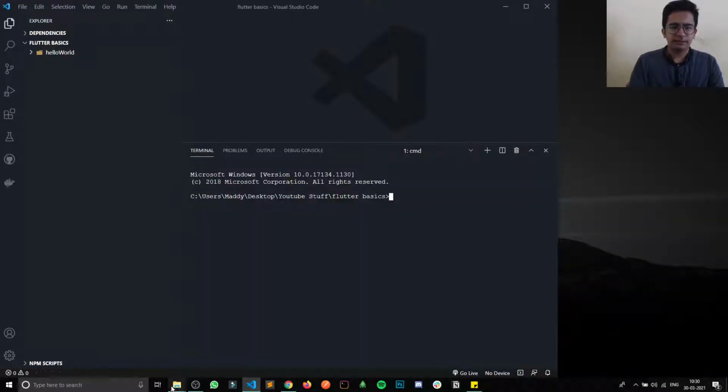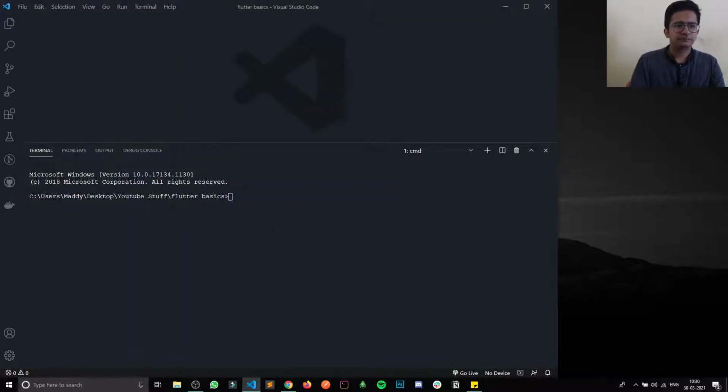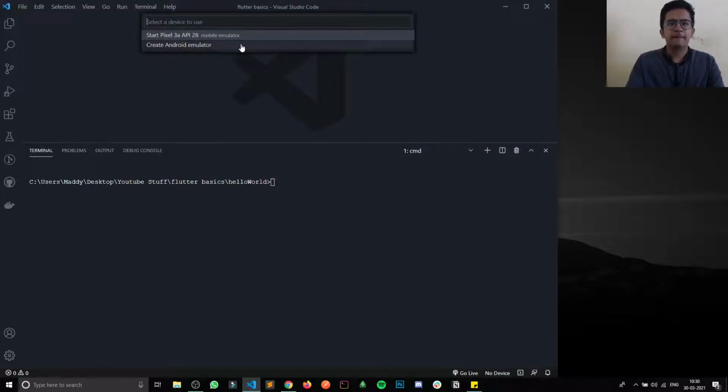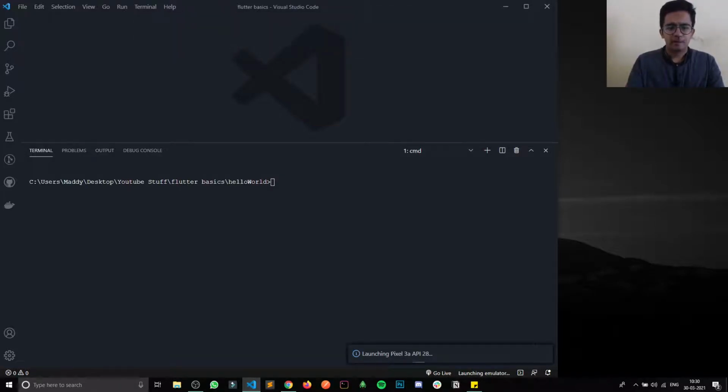I can just close this file explorer, and then I can go inside hello world. This is my project, and now I can launch the emulator, right? Perfect.